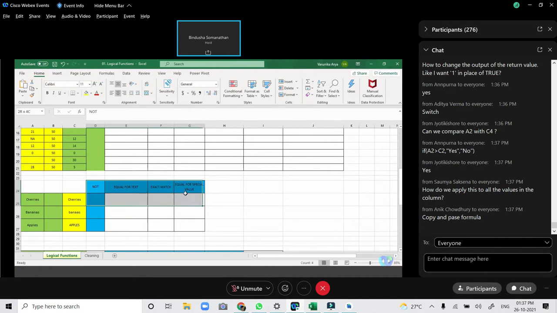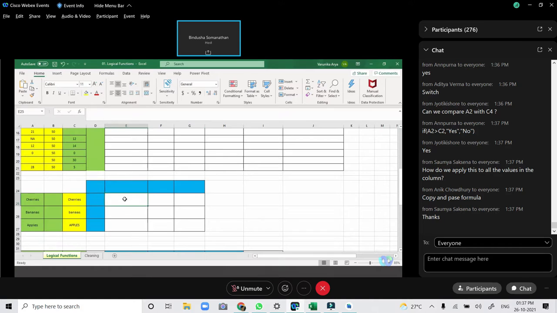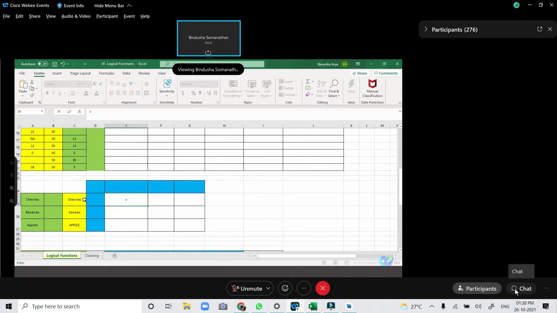Okay, so I'm going to delete this just to show you guys. You can compare texts also. So I'm comparing this particular value with this. I hit enter, right? Now, ideally, what I am expecting is it should come out true for cherries, not true for bananas, and not true for apples also. This is an indication that this is not case sensitive.